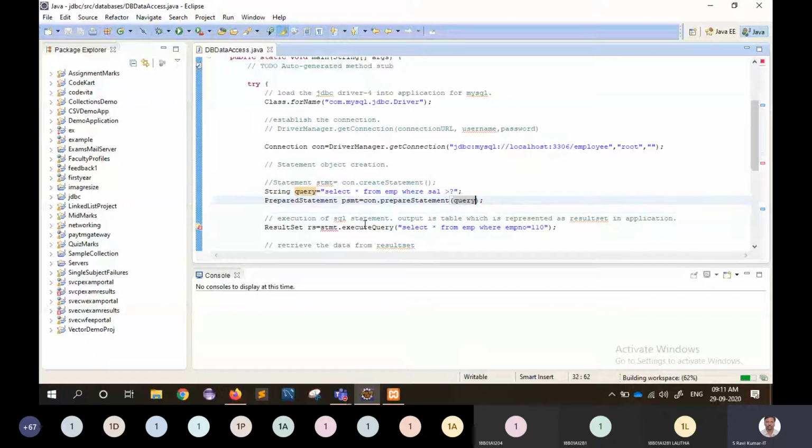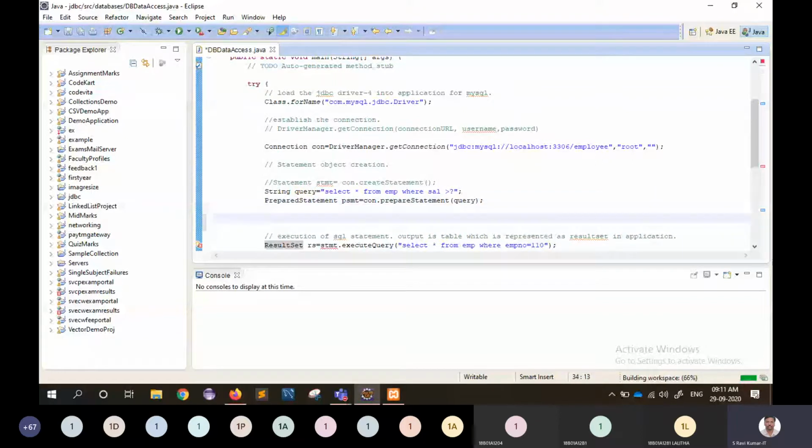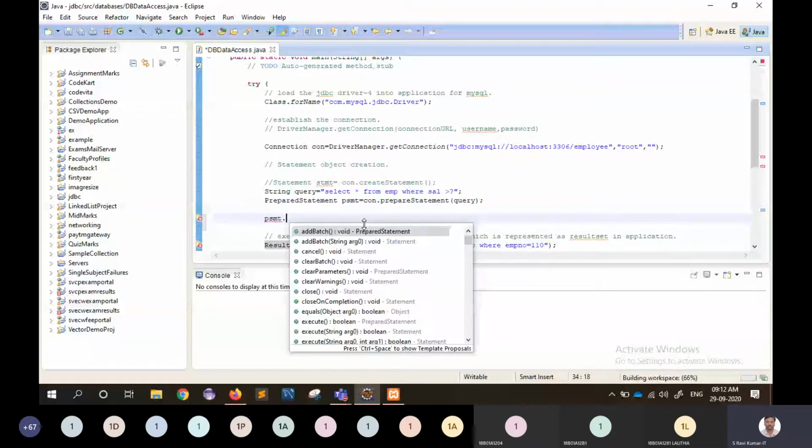Once we establish statement for query with the question mark, pre-compiled statement, then before execution of this pre-compile statement, we have to provide the proper values in place of the question marks.